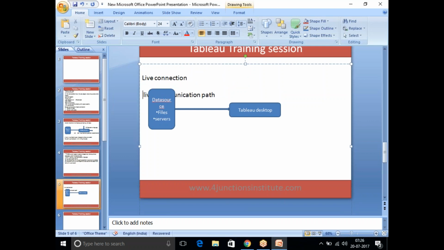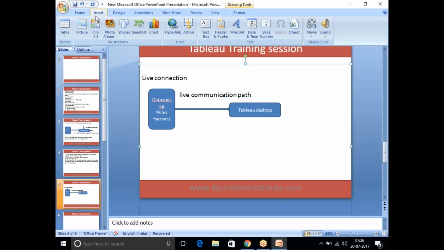It needs to work to get the results. Every time it needs to work. With the help of a live communication path, I'm going to get the data from source level to Tableau environment level. Once I get that data into the Tableau environment, we are going to build our reports as per the client requirement. Here, we always need to know what the advantages as well as disadvantages